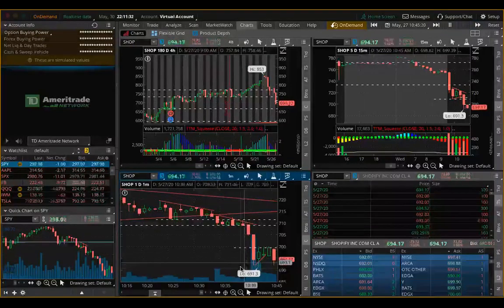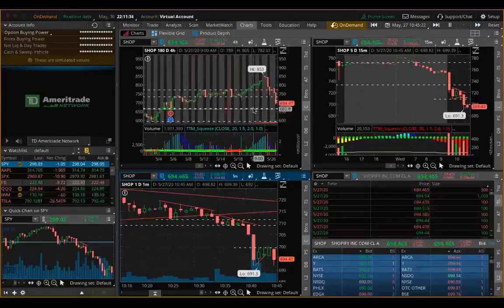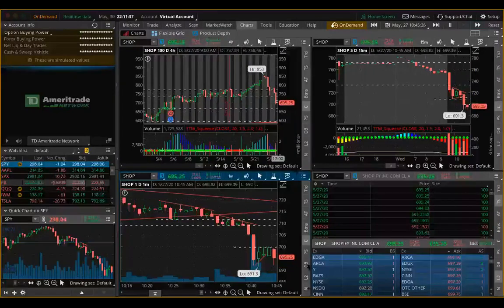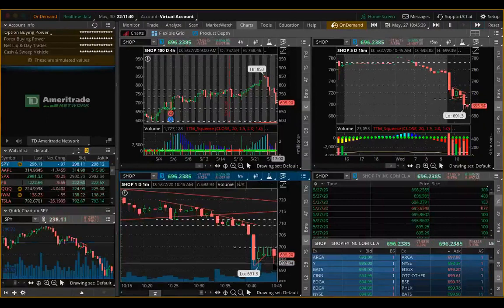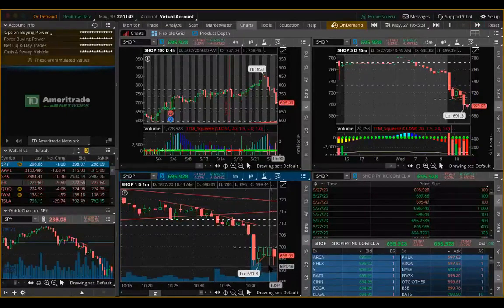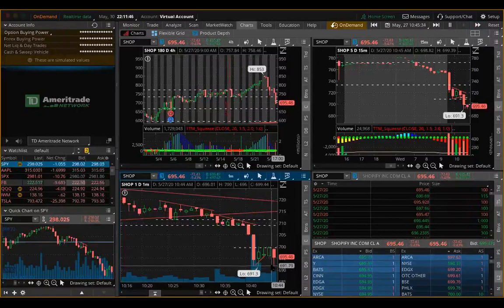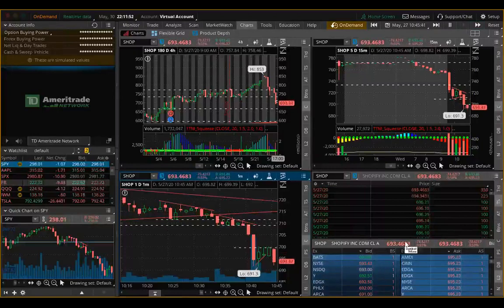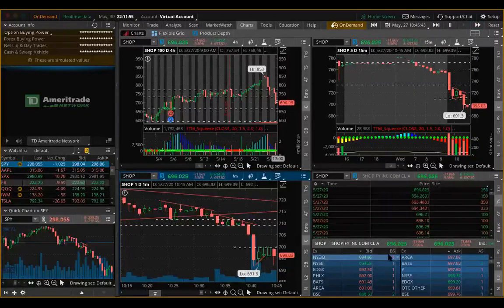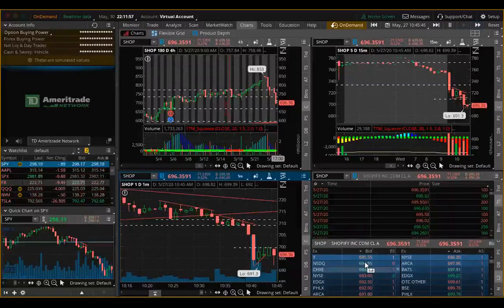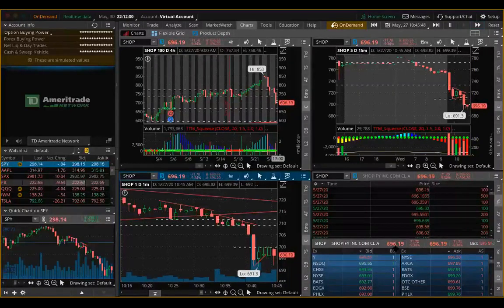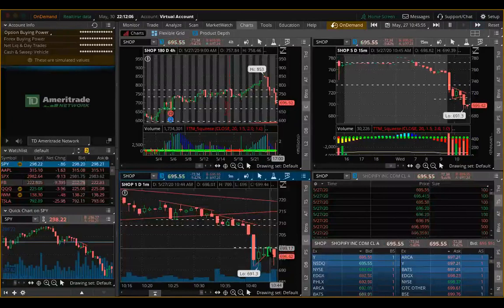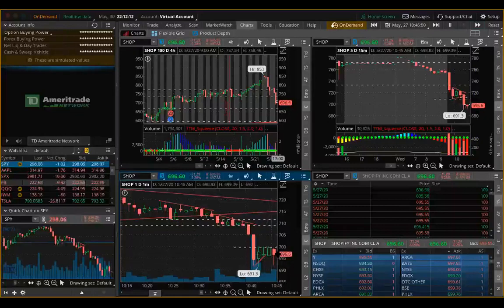So now we're looking for another break below 691 for a continuation, right? What's our price target? It says 669, right? Still kind of trading. We've tapped, we've tested. Let's see if we get a bounce or if we get a continuation lower. Check out the time and sales, right? No one wants to buy at these levels. No one's stepping in. We're at 696 and in time and sales people are buying at 695. To me, it looks like a fake out. It looks like they're trying to get people to buy this supposed bounce.